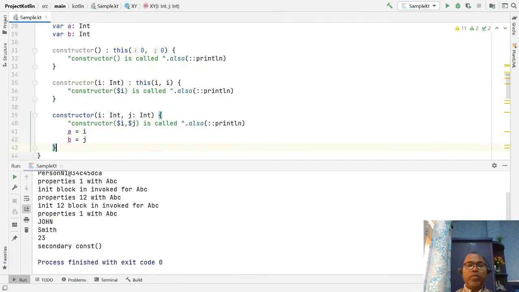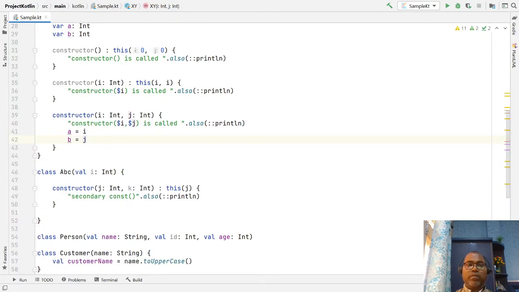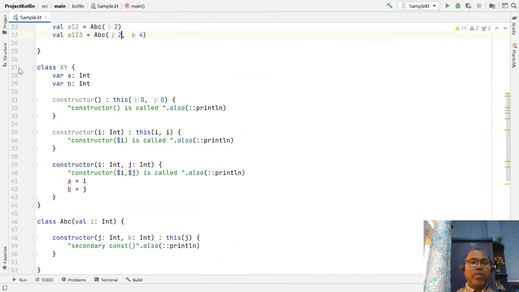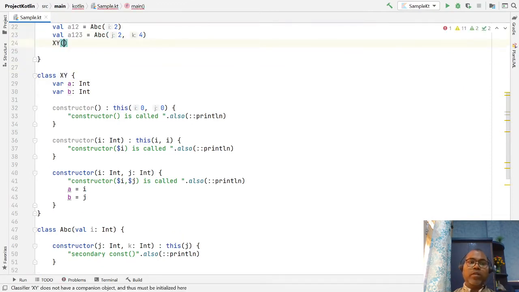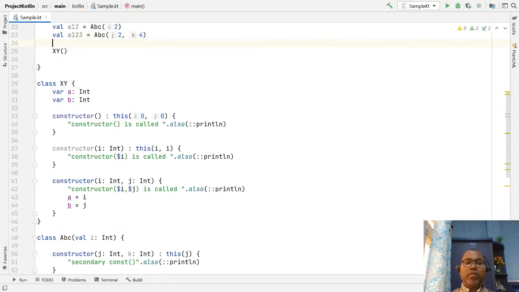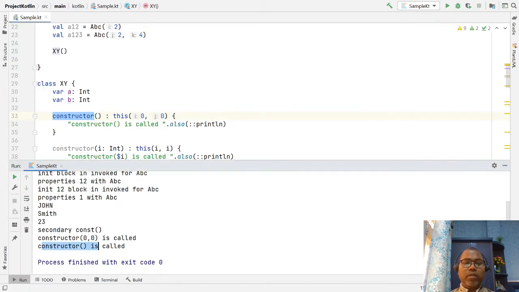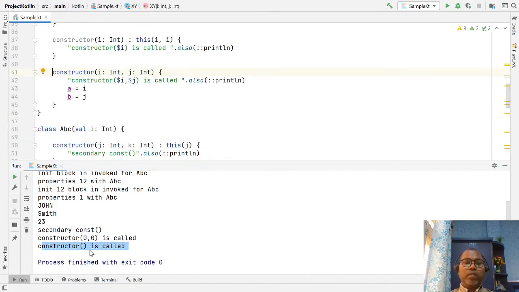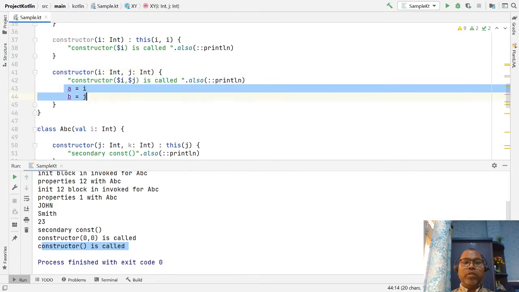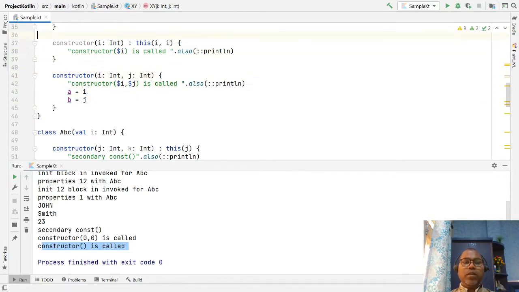So in this way we have options. Now you can create the class of xy with the default argument, we are not passing anything, so the default argument constructor is invoked. If you run, this is your default argument constructor invoked. Then the two argument constructor is invoked with 0, 0, so the values are initialized.